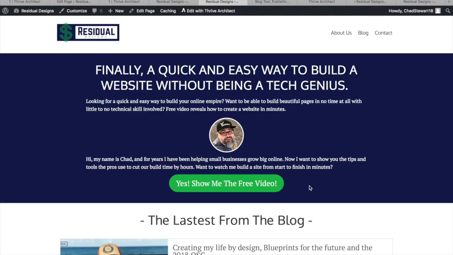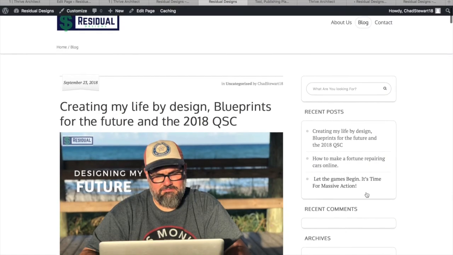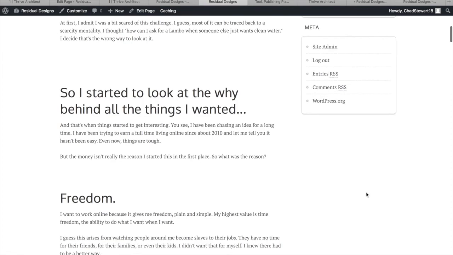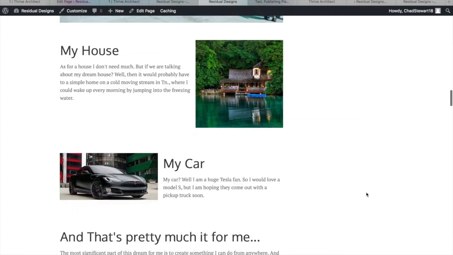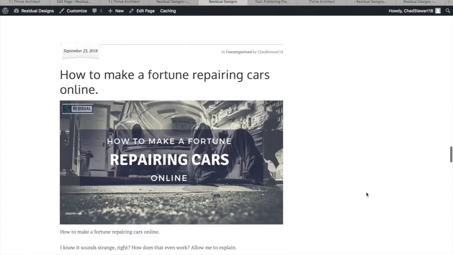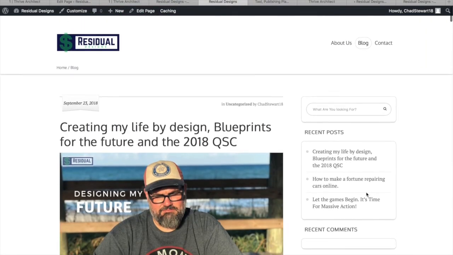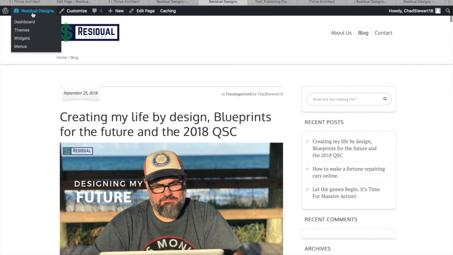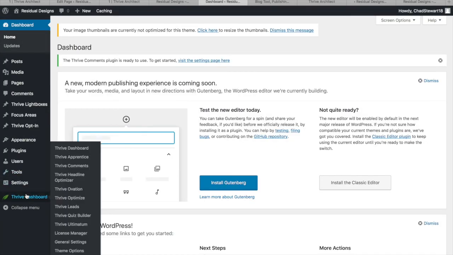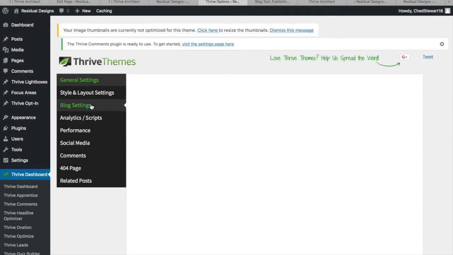Go back to the main page and click on blog, and as you see, we now have a running blog. It's showing my whole post. Yeah, I don't necessarily want it to do that. I want it to show excerpts, so let me change that real quick. So how we do that is we go to dashboard, and this will actually be controlled in the Thrive blog options, theme, blog settings,